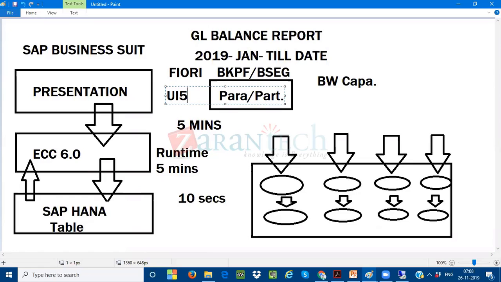Now I can post all the transactions from Fiori, and I can execute the reports from Fiori. So what data is available? What is transactional reporting? What is fact sheet reporting? What is analytical reporting? We are going to enjoy it a lot. I'm telling you, we will enjoy the classes like anything in the coming days. Very, very important. That is the guarantee I'm giving to all of you.